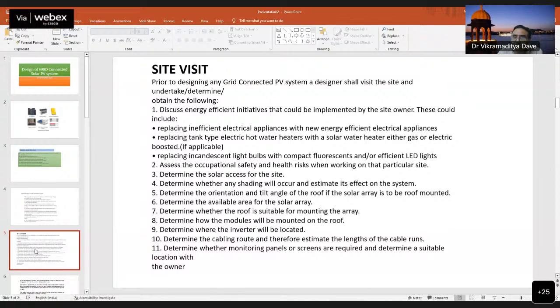आपको कई चीजें देखनी हैं। सबसे पहले जो इनिशिएटिव लेना है कि जो ओनर है, जो कस्टमर है आपका, उसको पहले आपको बताना है कि आप पहले तो एनर्जी एफिशिएंट चीजें लें। ठीक है, ये एक बहुत बड़ा इंपॉर्टेंट फैक्टर है कि कई बार घरों में हम देखते हैं कि पुरानी ओल्ड ऑब्सलीट, लो एफिशिएंसी थिंग्स आर बीइंग यूज्ड। ठीक है, जैसे रेफ्रिजरेटर है, अब आजकल गवर्नमेंट इज आल्सो रिकमेंडिंग यू गो फॉर स्टार रेटेड रेफ्रिजरेटर। ठीक है,